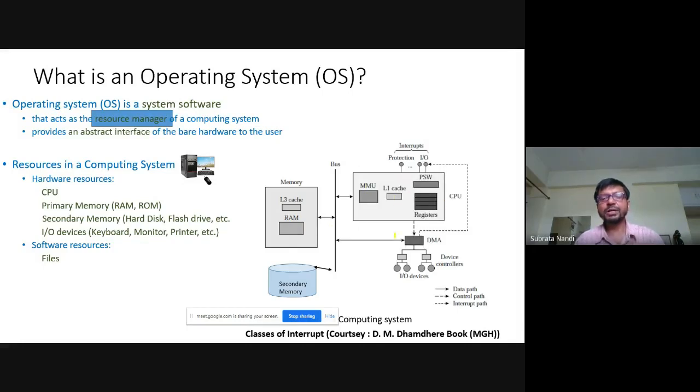This thing you have already studied in your introduction to computing course, or even in the architecture class, or you have got some more details of the CPU block while studying the microprocessor course. So these are all there, but to have completeness in the discussion that I'll make, I have presented it